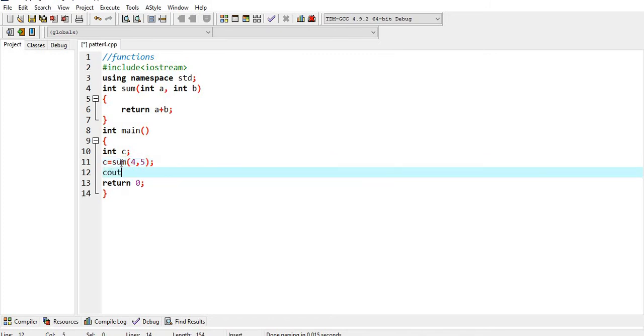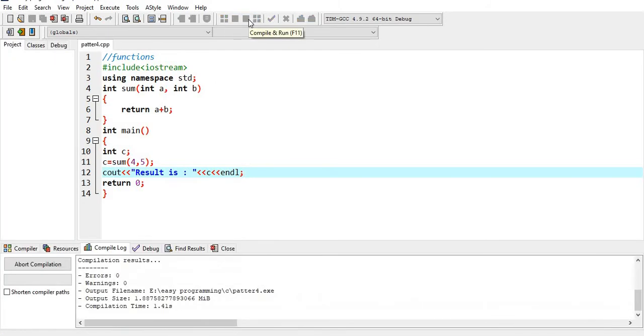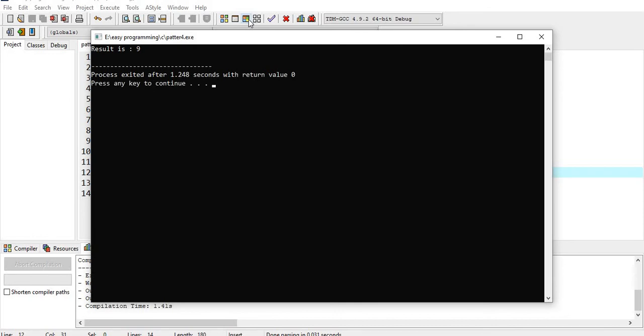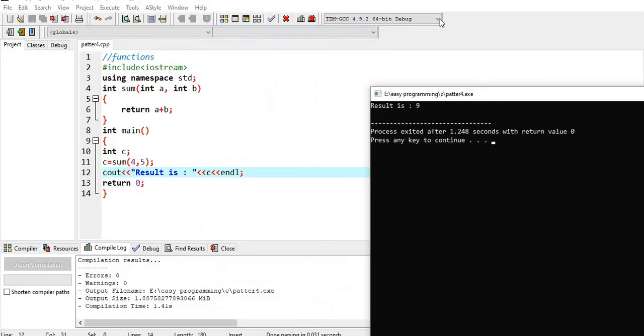Now I'm going to display the result of the addition. So 4 plus 5 equals 9.